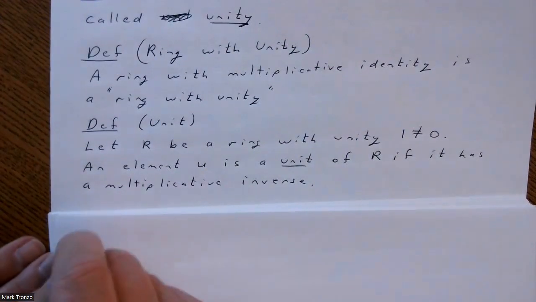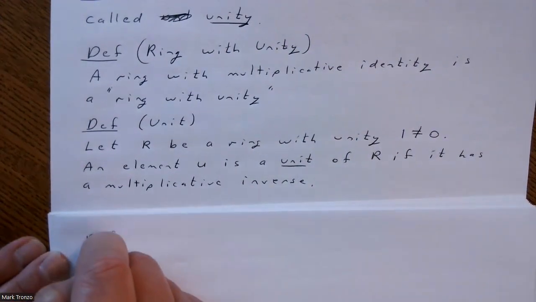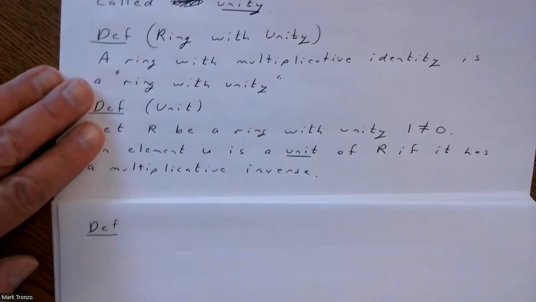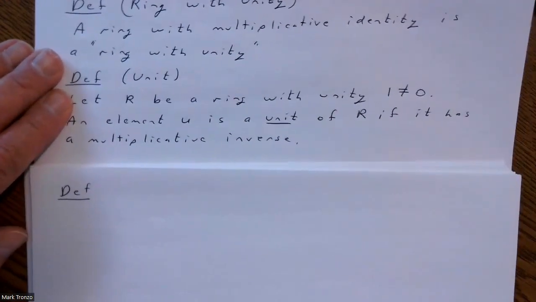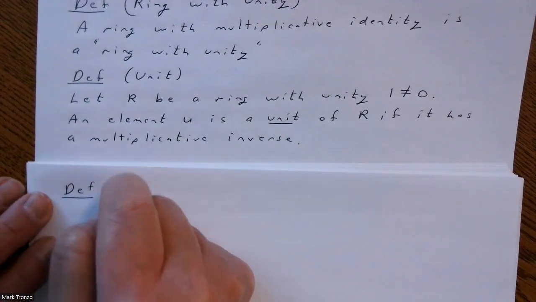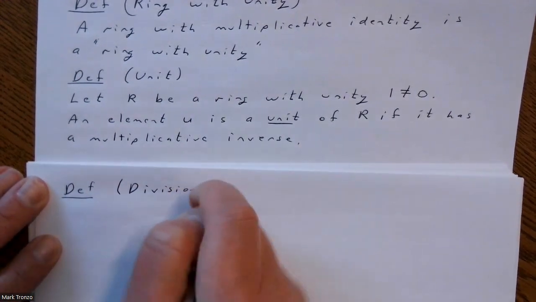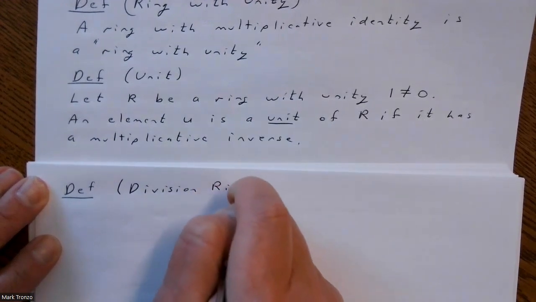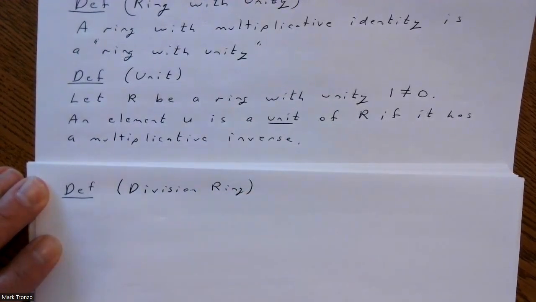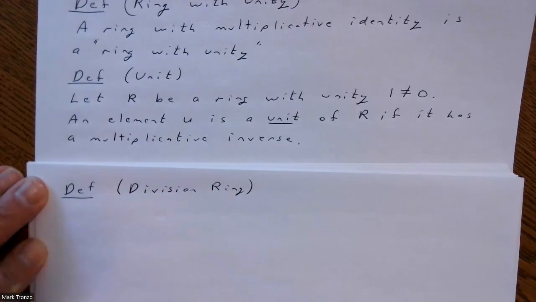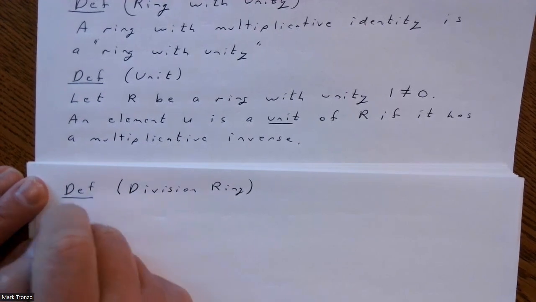Then we have what's called a division ring. If every non-zero element of the ring is a unit,